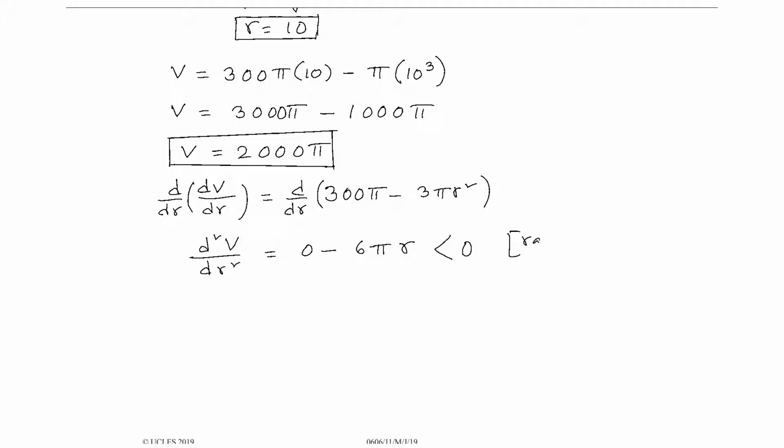So we can write it will be less than 0, as we know that radius is always positive. And we know when the second derivative is less than 0, the nature of the stationary point is maximum. So we can write the volume is maximum